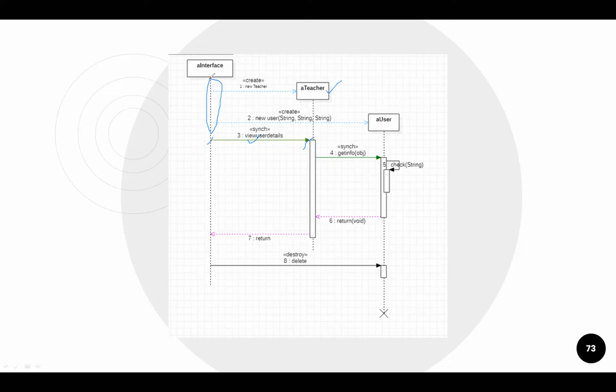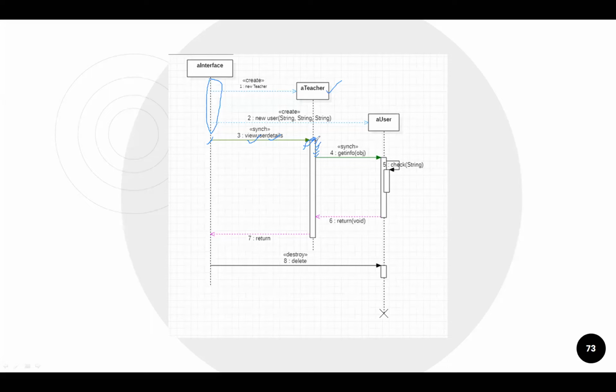Up to this particular time, this particular class object is available. So whenever we stretch this line from this to this, it means that this is a method call which is defined and declared in the teacher class, and the logic is in the teacher class. So now we entered into the view user detail here in the teacher class and start performing some logic.